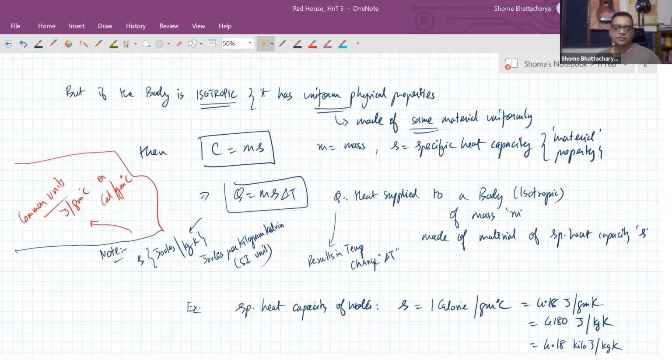Yes, the standard value is because S also varies slightly with temperature. So in the proper definition of 1 calorie, it is for the specific temperature change from 14.5 to 15.5 degrees C. Nikita, that's correct. But at our level of calculation, we'll say that it remains constant. Even if we are raising the temperature from 20 to 21 degrees C, we'll think of it as 1 calorie per gram degree C only, because there's only a very small variation.